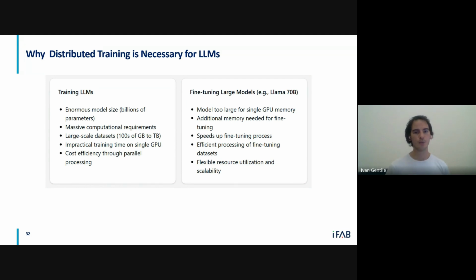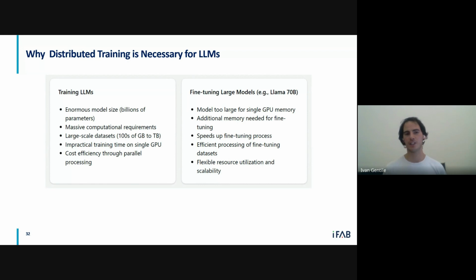And in order to deal with such a beast, we need to have a monster computer as well. Together with that, we also usually give terabytes and terabytes of data to it. And having to deal with that on a single GPU is not easy, almost impossible to think.